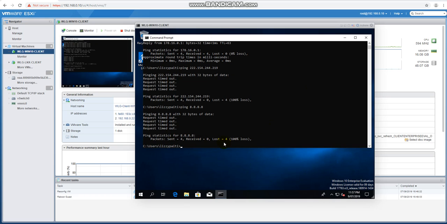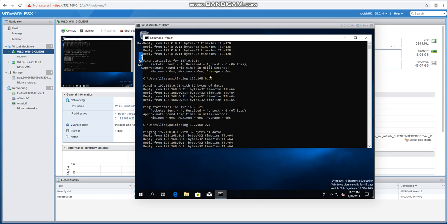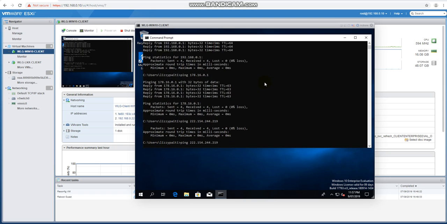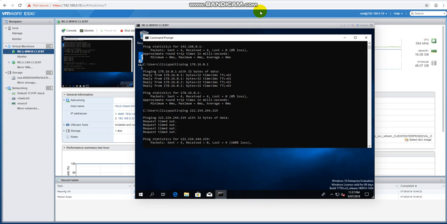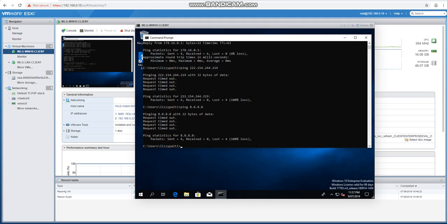So I would have the ability to go out onto the internet and communicate outside my network. And so now that I have shown you that I am connected to the different networks and I can ping each network, I will then show you DHCP. Now, as you can see, DHCP, which is